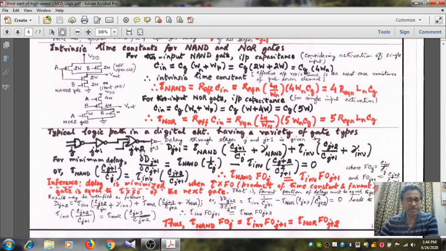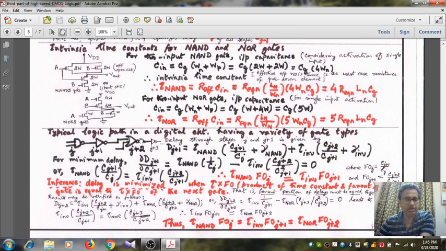Again you can see that Cj plus 2 is common to both the subterms of Dj plus 2. Then you differentiate Dj plus 2 with respect to Cj plus 2 and equate to 0. That leads to the fan out portion of the delay being the same in the inverter and the NOR gate. So tau of inverter into FOJ plus 1 equals tau of NOR into FOJ plus 2. So FOJ plus 1 becomes Cj plus 2 upon Cj plus 1, whereas FOJ plus 2 becomes the ratio of Cj plus 3 and Cj plus 2. So effectively a very important result you have established here. That means the fan out portion of the delay should be same in individual stages if we have a mixture of gates.